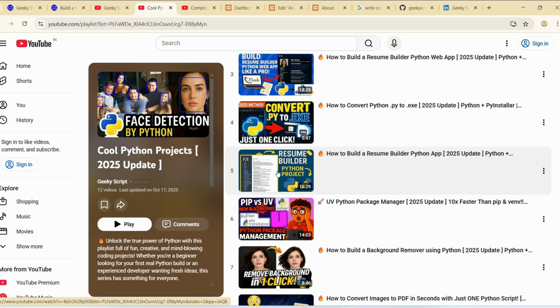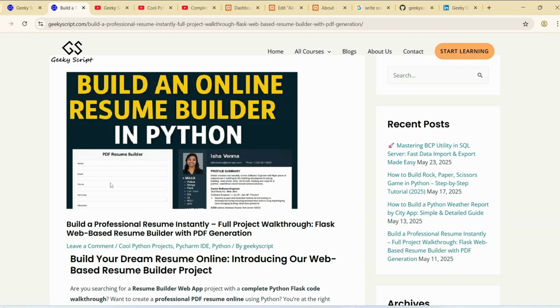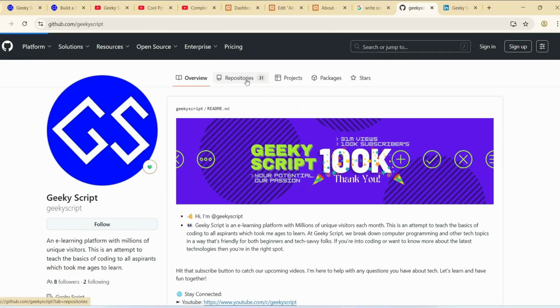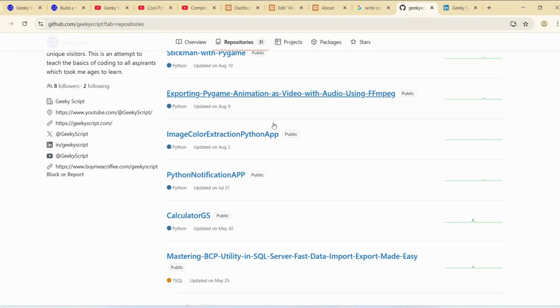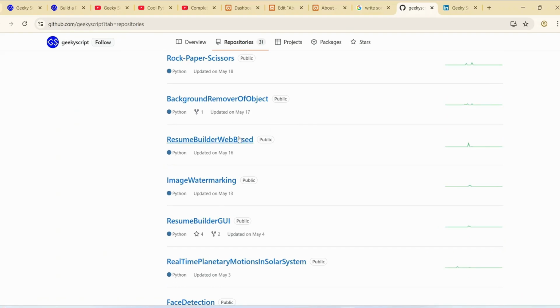You can use this resume builder Python project to fill all the details that are there on the form, and you will be able to create this type of resume at the click of a button. Alright, so this resume will be looking something like this. So if we go to our repositories, I have a project on that. So the resume builder project, if you go over here,